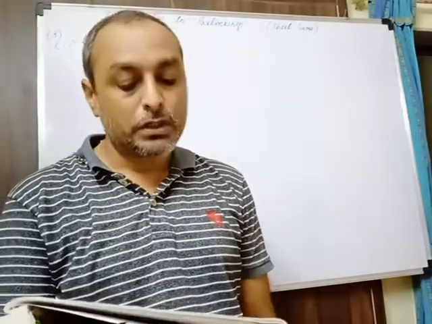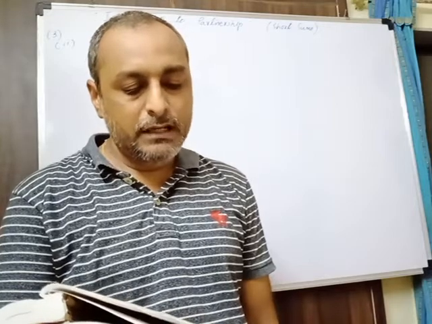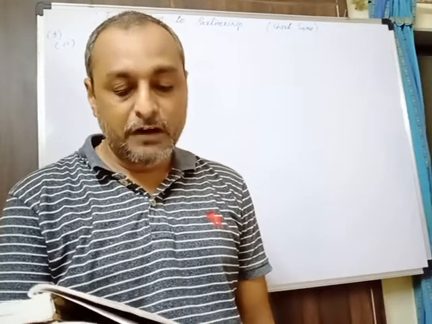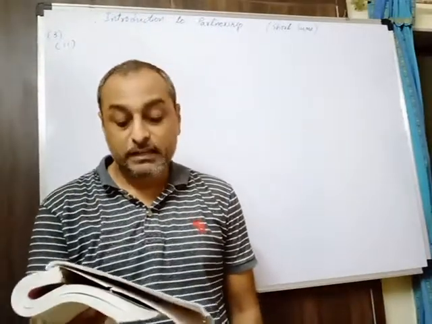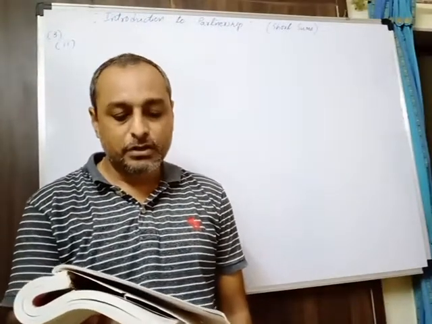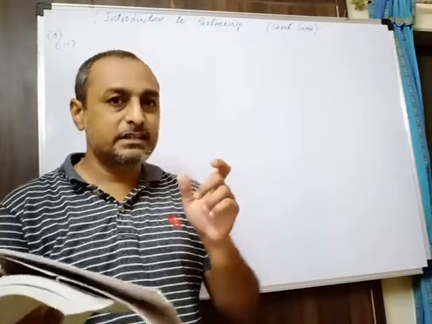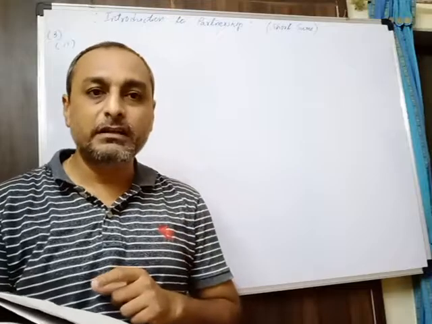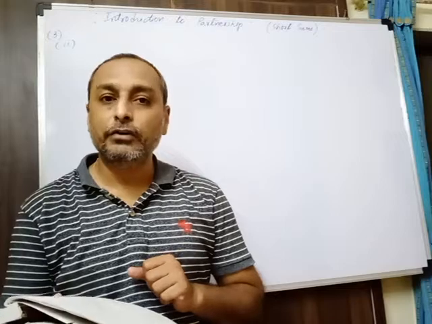Amruta and Divya are the partners of a firm. Their capital ratio is 3:2. So there are two partners and the ratio of their capital is given as 3:2. Amruta is to be paid 8% commission on net profit after deduction of such commission. When such a condition is given to calculate the commission, we have a formula. That formula you have to use to find out the amount of commission.